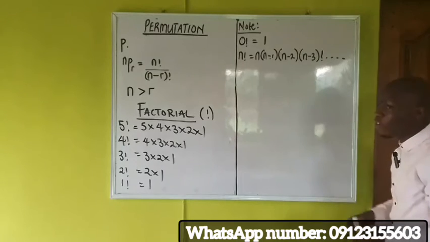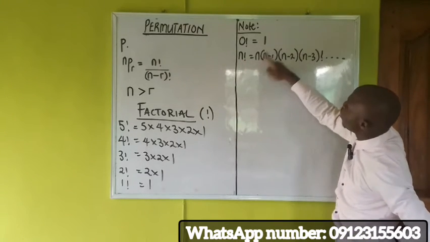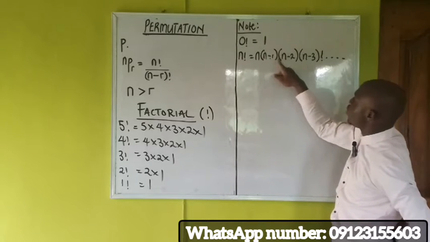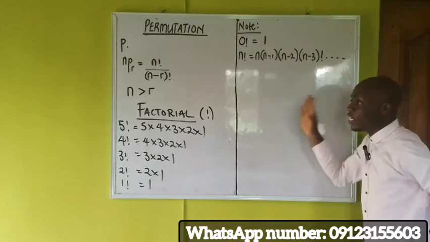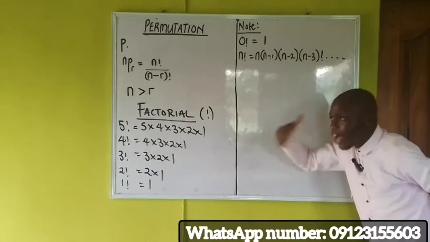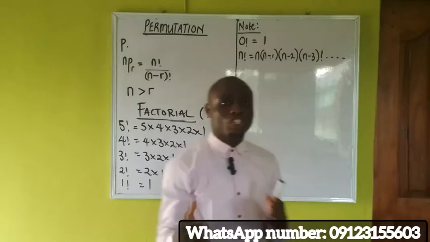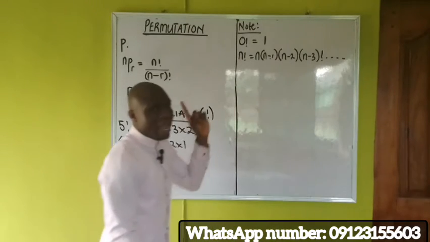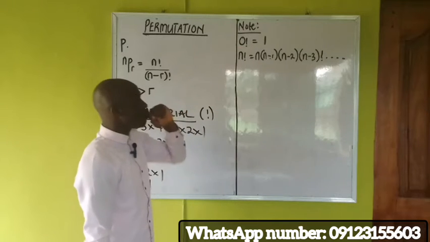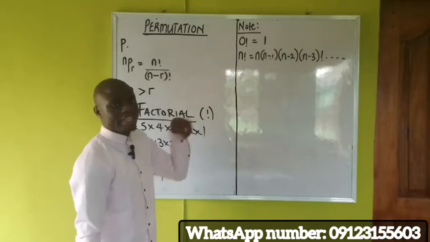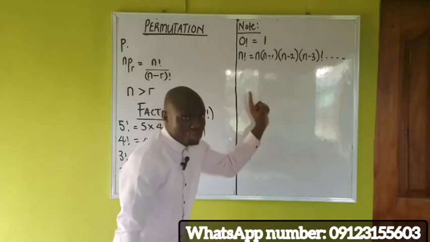Note that whenever you see n factorial, pick out this n first, into n minus 1, into n minus 2, into n minus 3, n minus 4, 5, 6, 7, it continues, depending on the question you are having. Now, we said 0 factorial is equal to 1. Note that n factorial is simply n into n minus 1, n minus 2, n minus 3,